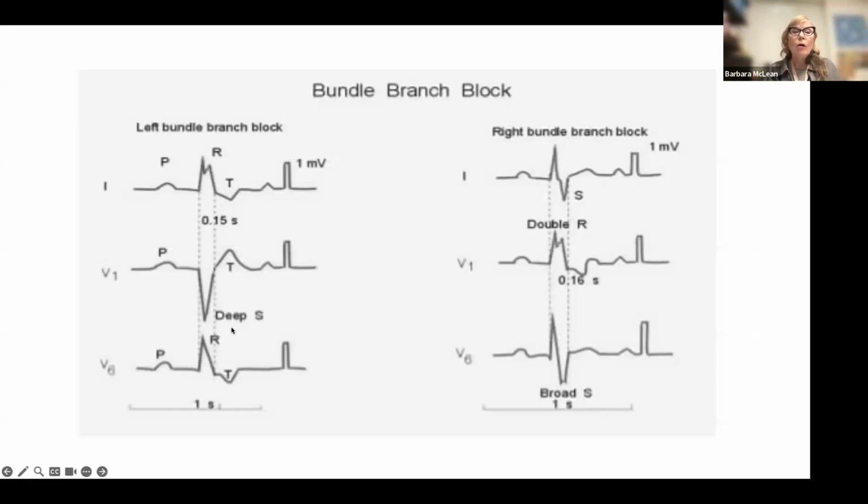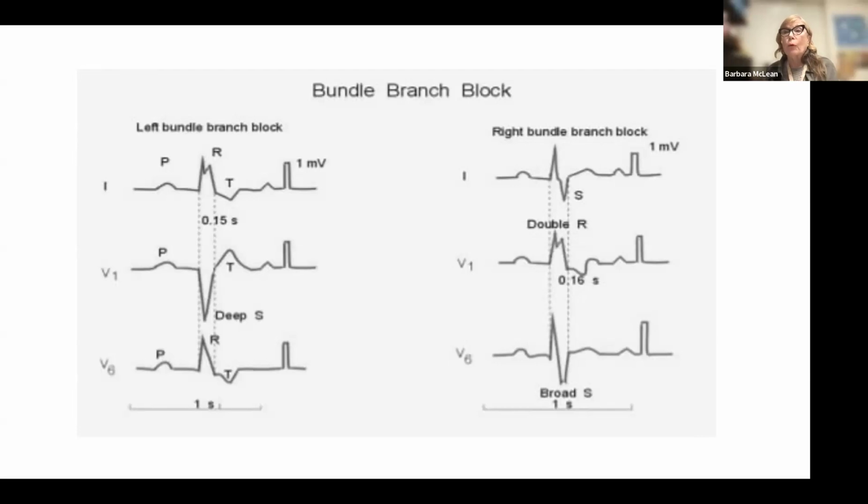wide R wave with downsloping ST and inverted T waves. And the right-sided lead is going to represent that current is going away from that right-sided lead and taking a lot of time. A right bundle branch block is really easy for me to diagnose because I